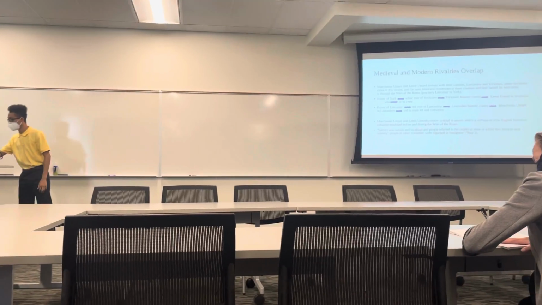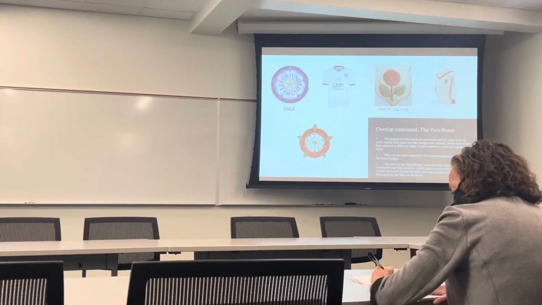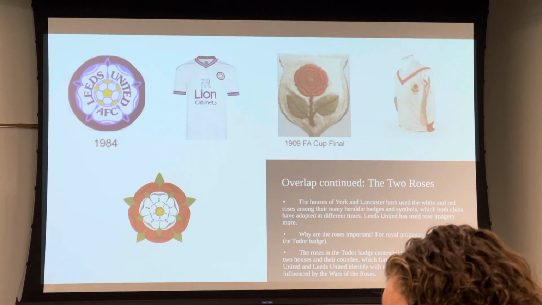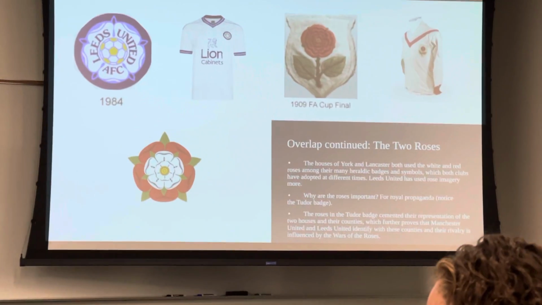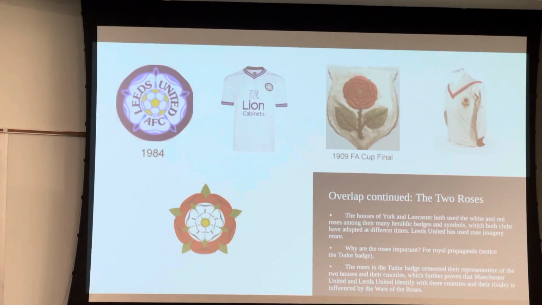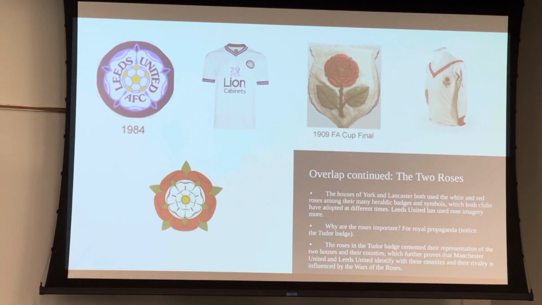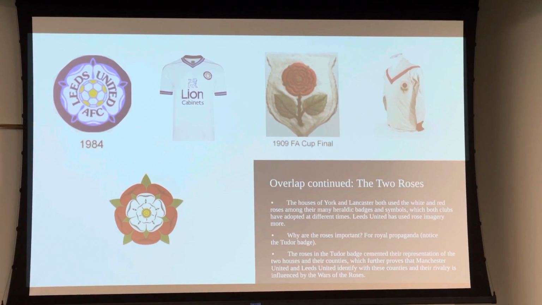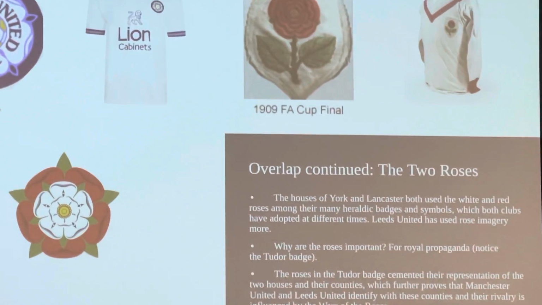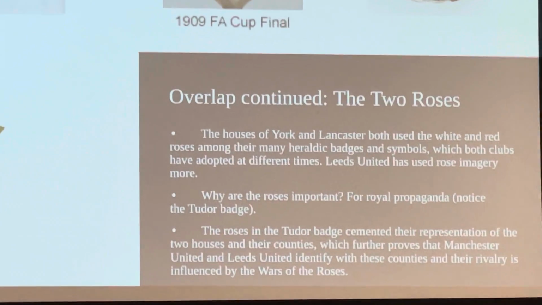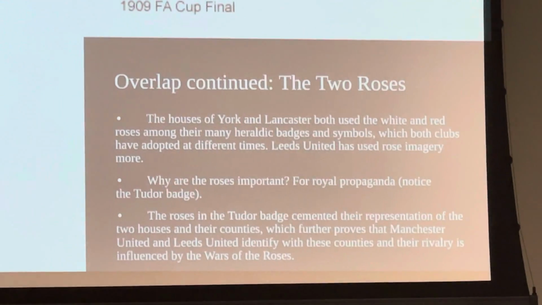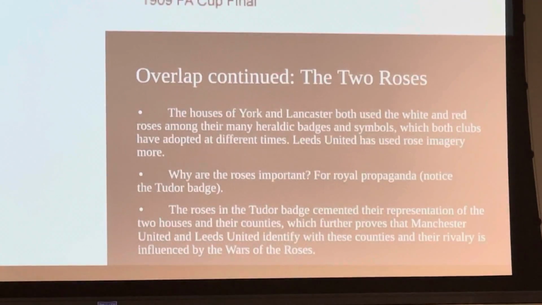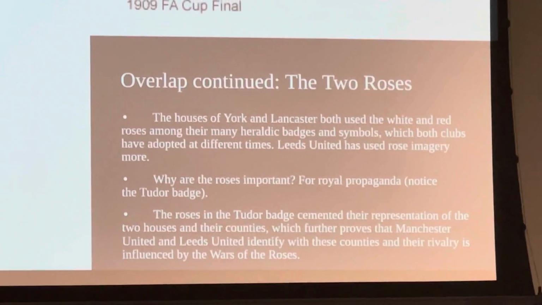And now for my personal favorite slide of my presentation, seeing how these two clubs engage with these rose symbols, those being the white rose of Yorkshire and the red rose of Lancashire. An important point to note is that originally these two symbols were just a part of many heraldic badges and symbols used by these two royal houses, but the event that cemented them as the main narrative symbol for the war and also the crucial main symbol for these two counties were the actions of the